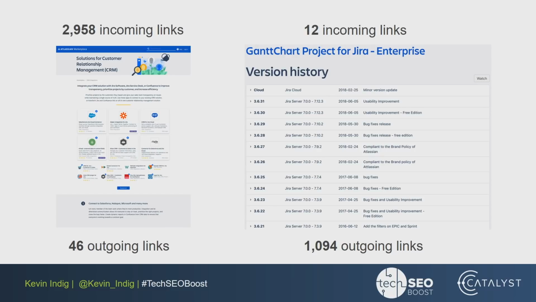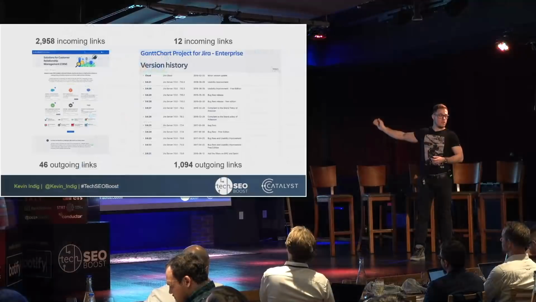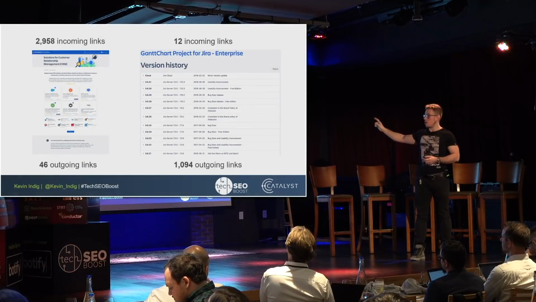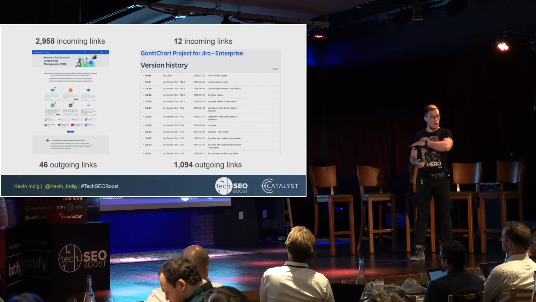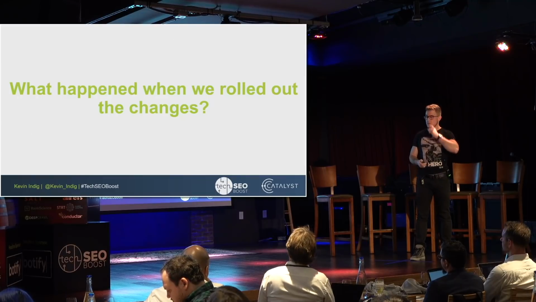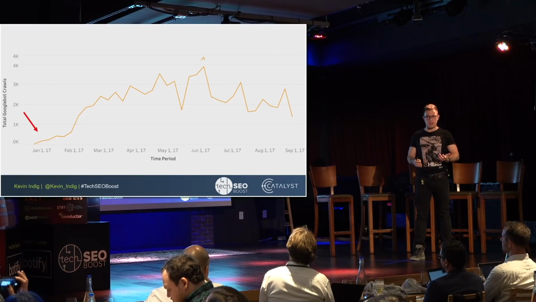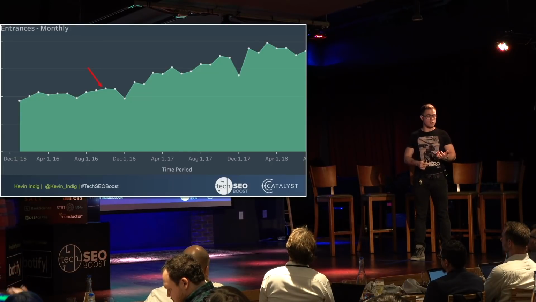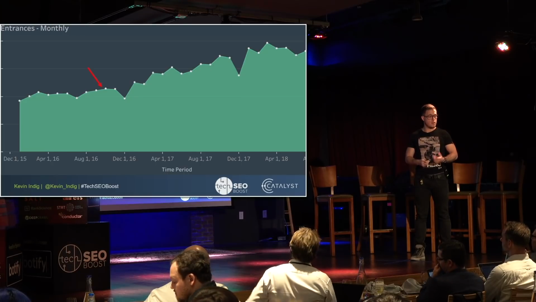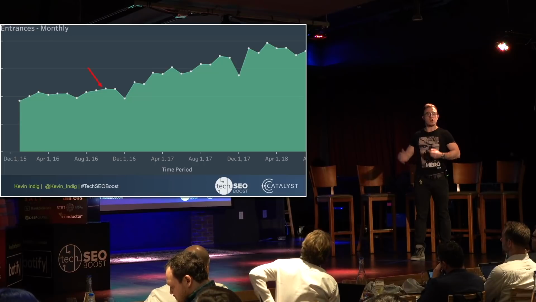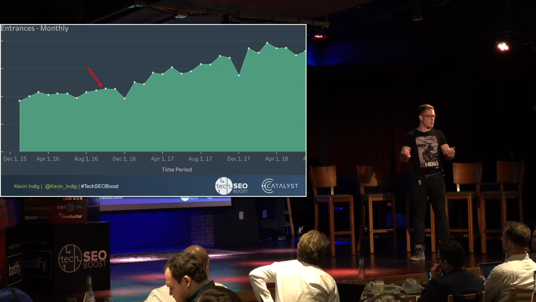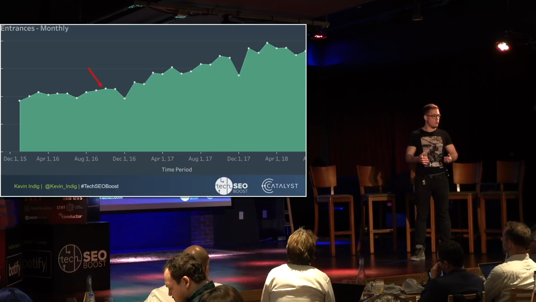So the basic recommendation that we gave in this case is to add more plugins to the category pages so they give away more links, and limit the amount of updates that you show on these add-on sites to decrease their outgoing links. And so when we rolled out these changes, we saw a nice spike in the crawl rate. And then we also saw a nice spike in organic traffic. So within 12 months, we basically increased organic traffic by 160%, which worked fairly well. And it's obviously easier to apply to a site with a high amount of homogeneous pages,